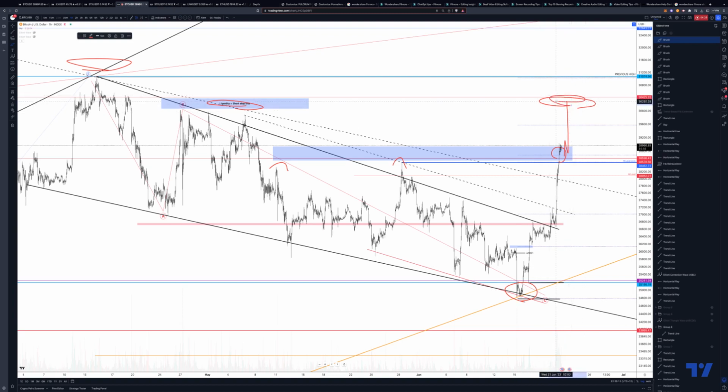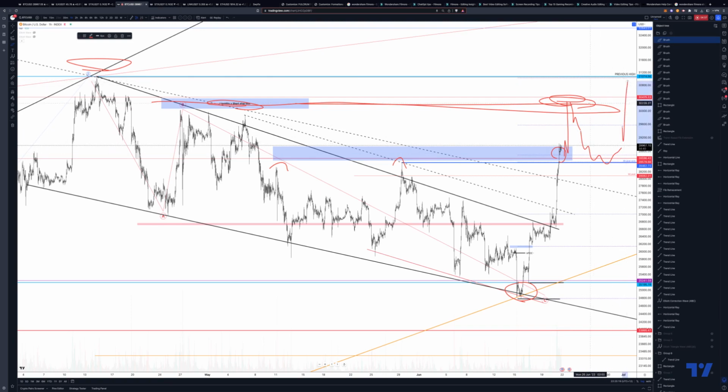30K is going to be the significant level. I do feel like that will come down, and then we have this type of motion. If it breaks decisively and hits this previous high, I still feel like it will come back down. But I don't think the market's going to sell off